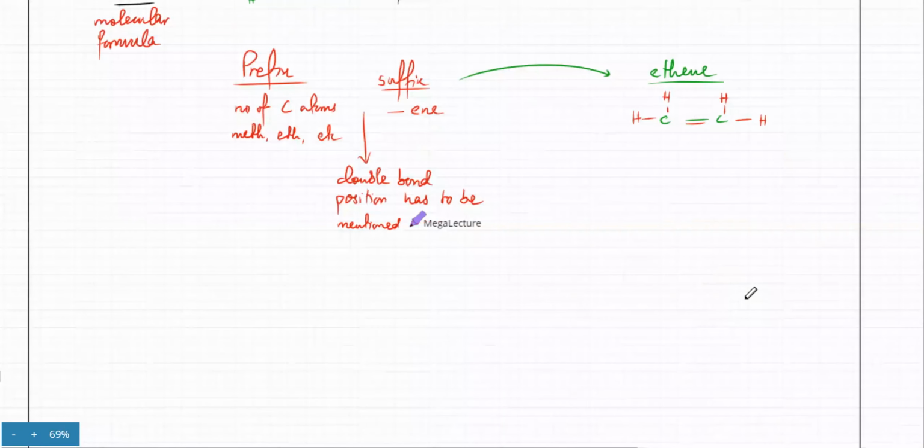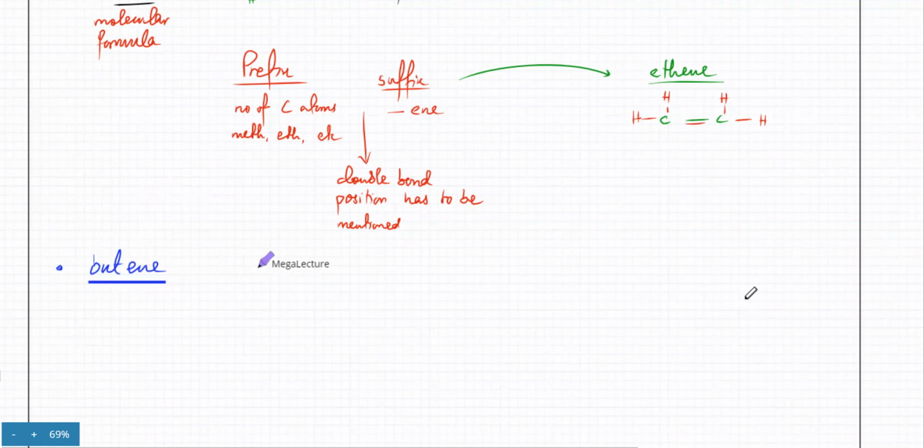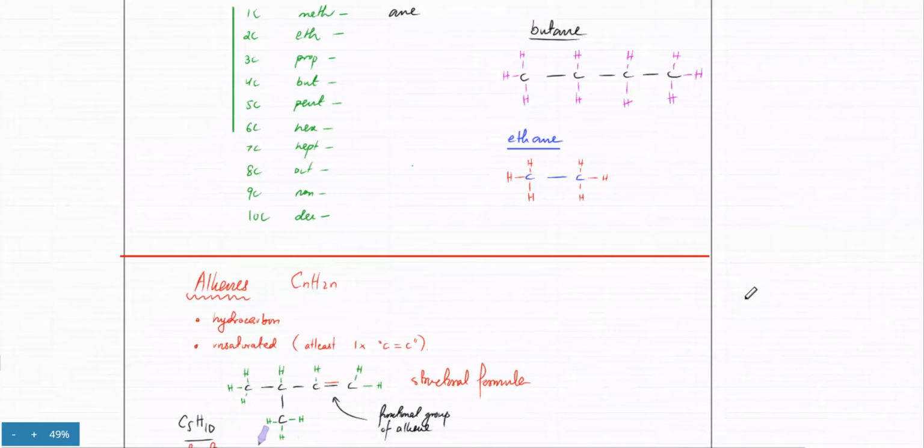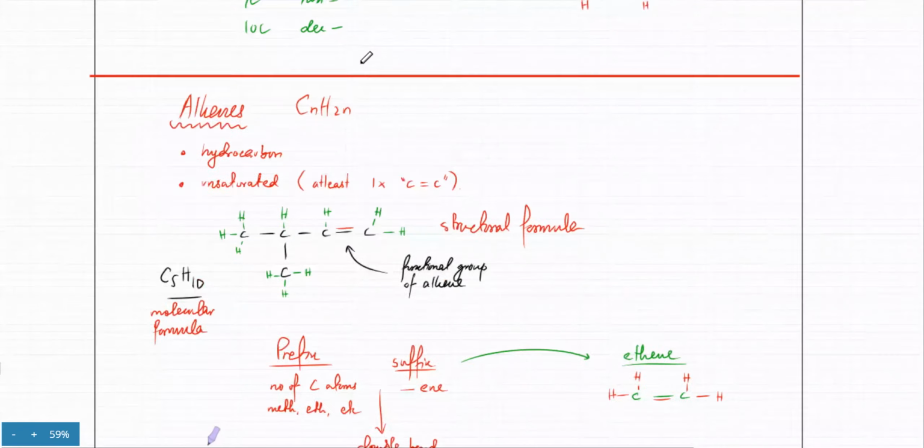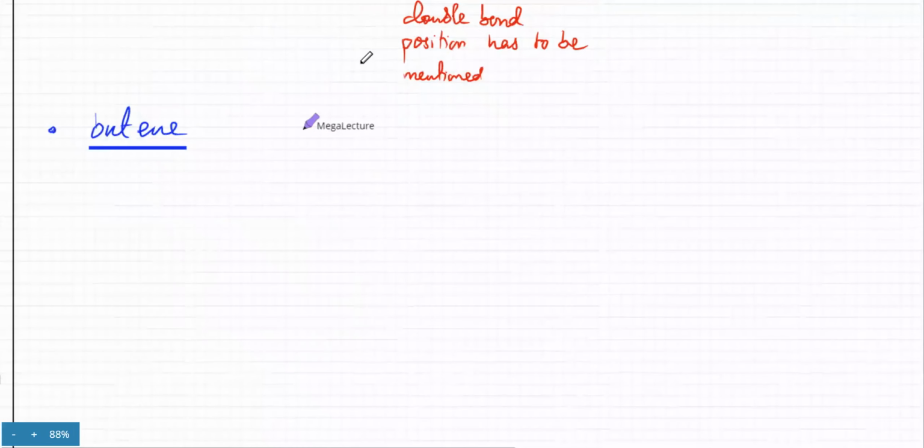So if I, for example, draw butene, the thing with butene is that but is how many carbon atoms? But over here is four carbon atoms. So that indicates that if it has four carbon atoms, it's going to have